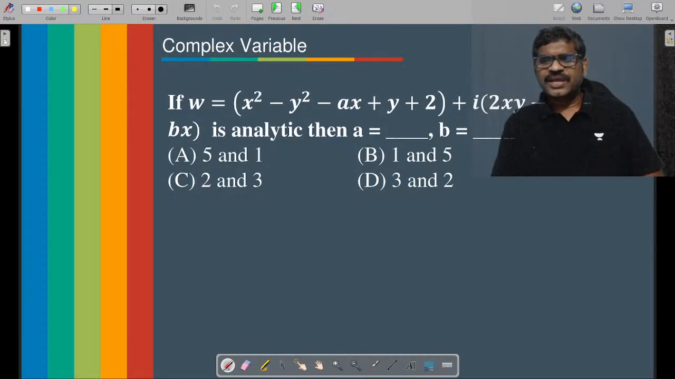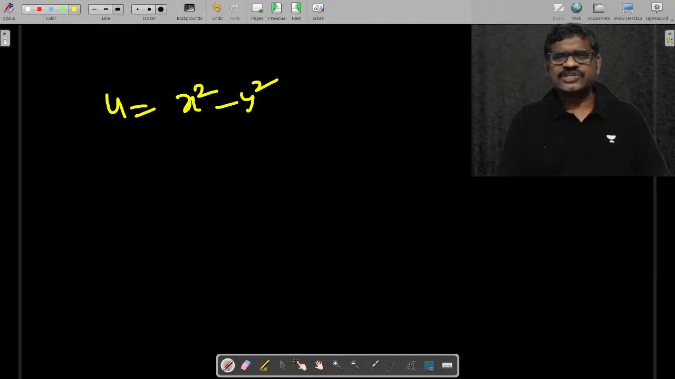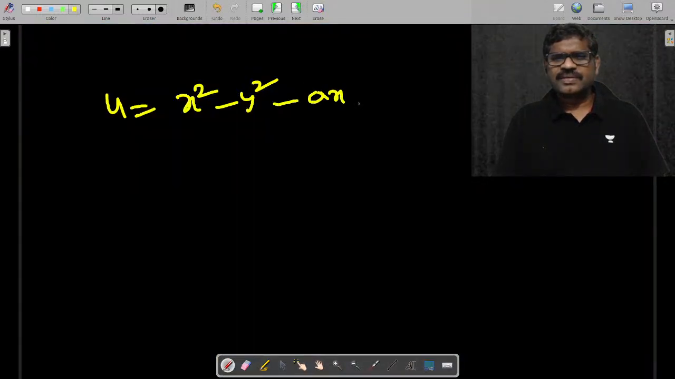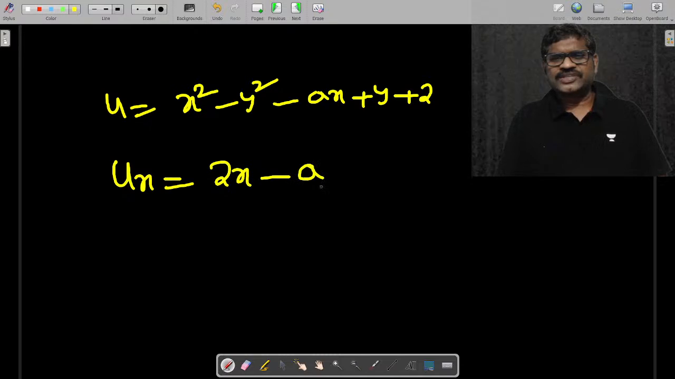Next problem. If omega is analytic, then what are the values of a and b? u is x square minus y square minus ax plus y plus 2. Now ux is 2x minus a. Now v is